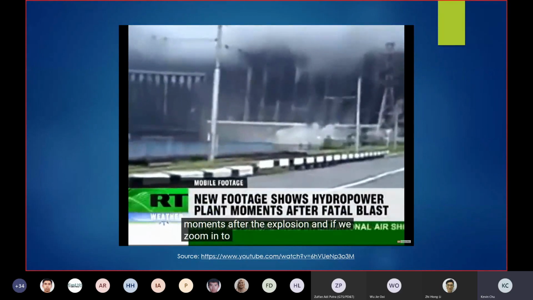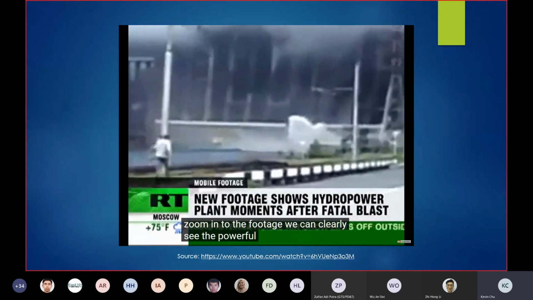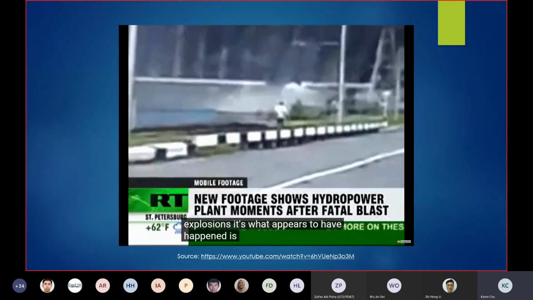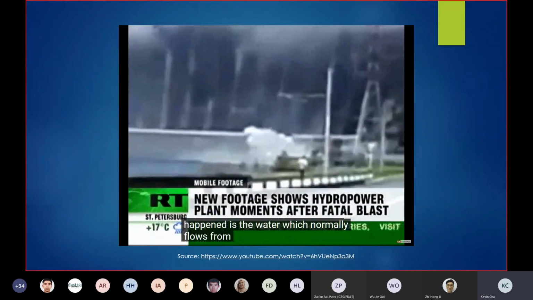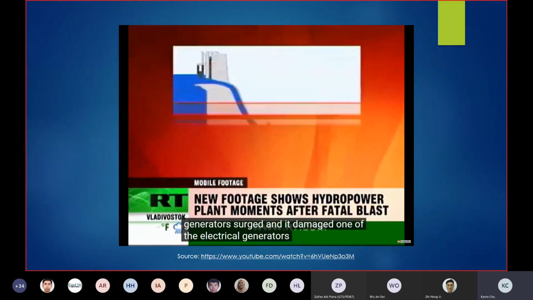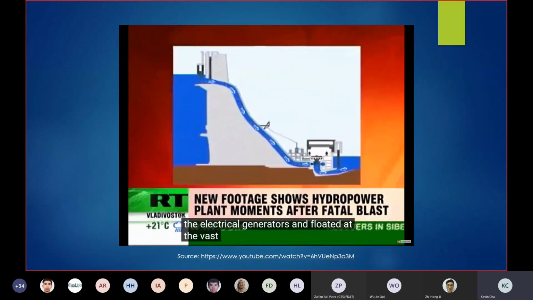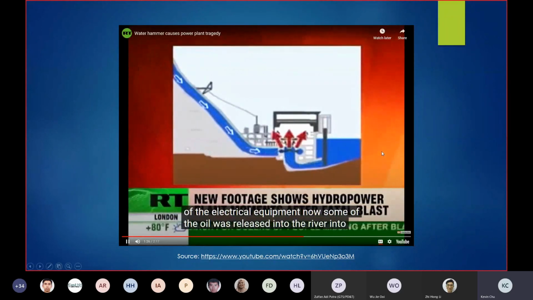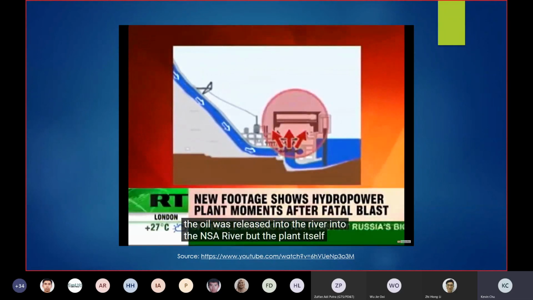And if we zoom in on the footage, we can clearly see the powerful head of water and explosions. What appears to have happened is the water, which normally flows from the dam through the generators, surged, and it damaged one of the electrical generators and flooded the vast machine hall which houses all of the electrical equipment. Now, some of the oil was released into the river, into the Yenisei River, but the plant itself was badly